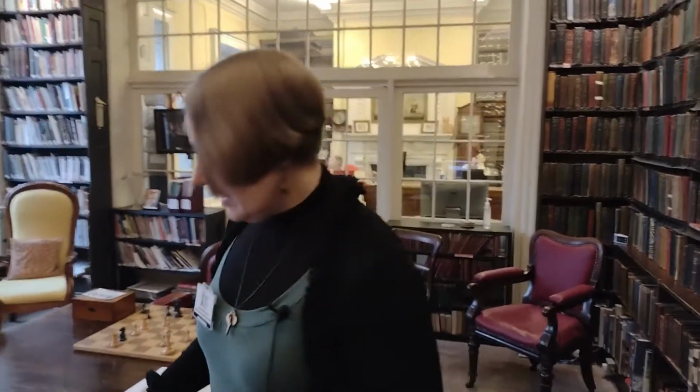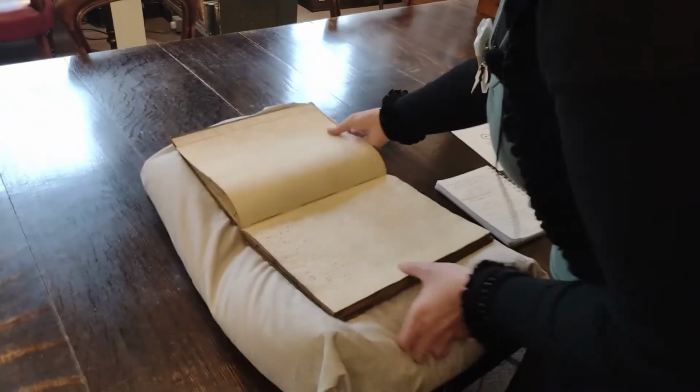Now, in 1840, the journal starts to include extra columns, as I've mentioned. So one of those columns, if you want to just zoom in here, is,